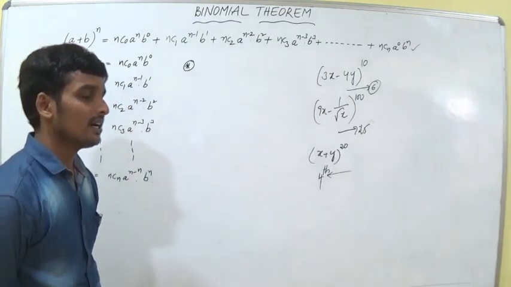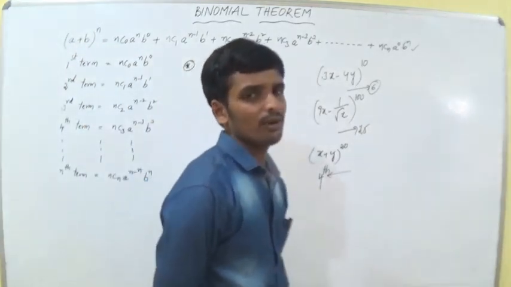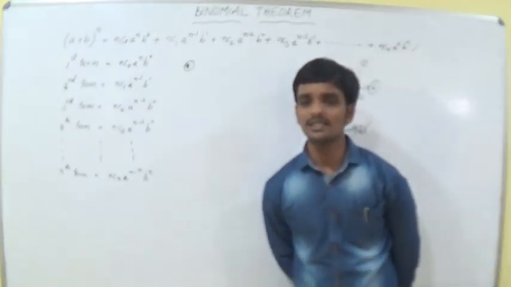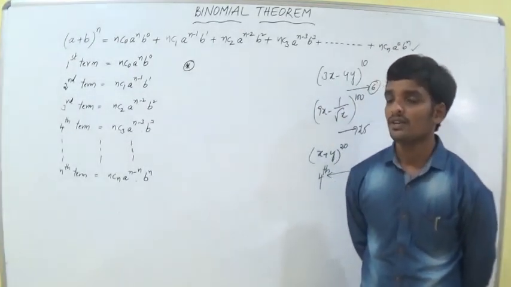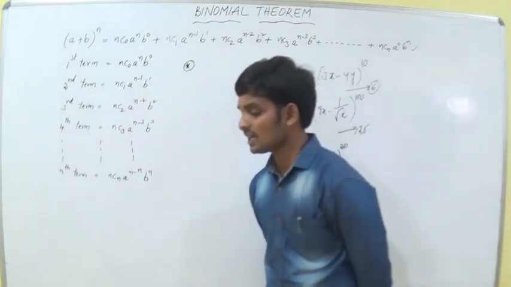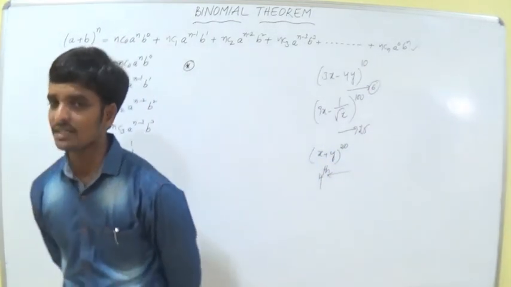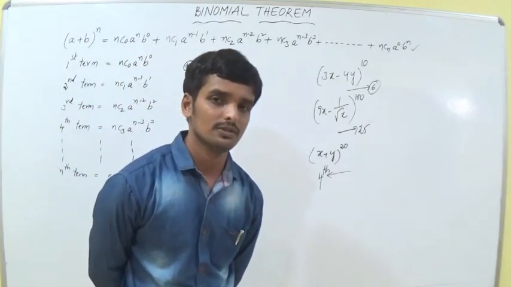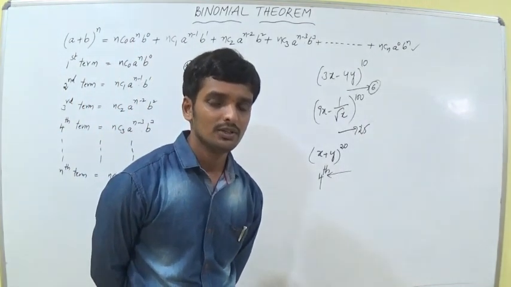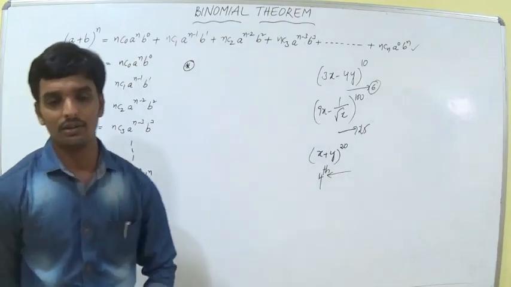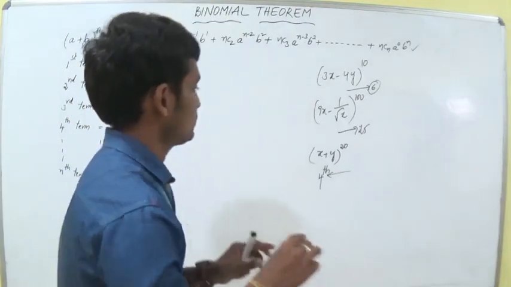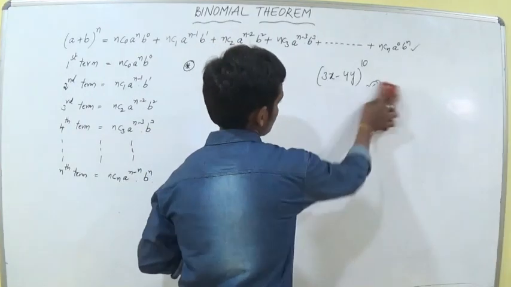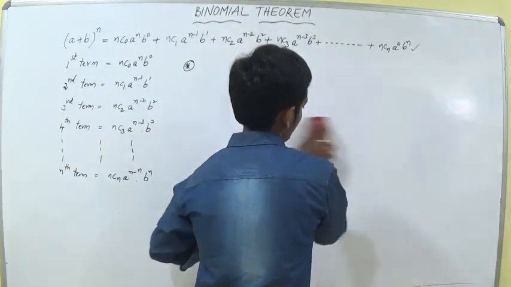How can we get the first term? What is the general form of the first term? What is the general form of the second term? What is the general form of the third term? If you observe their general forms, you can frame the formula and answer the questions. Are you okay? So now look at our general forms. Did you understand my questions? We can solve these questions in our handsheet too and in further topics.